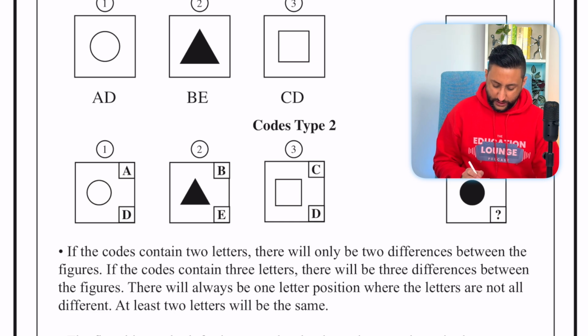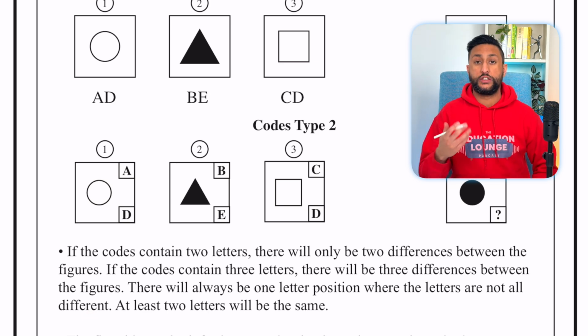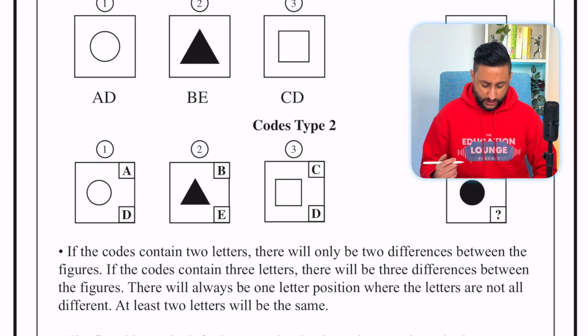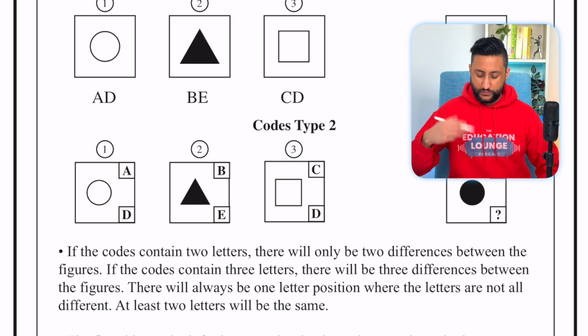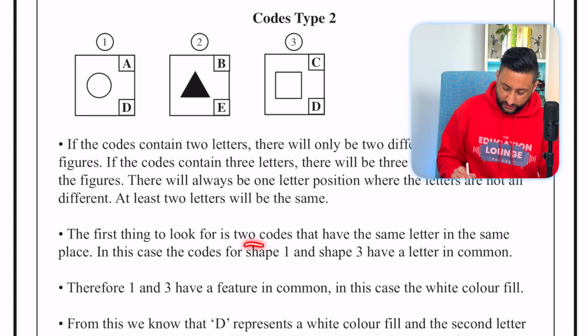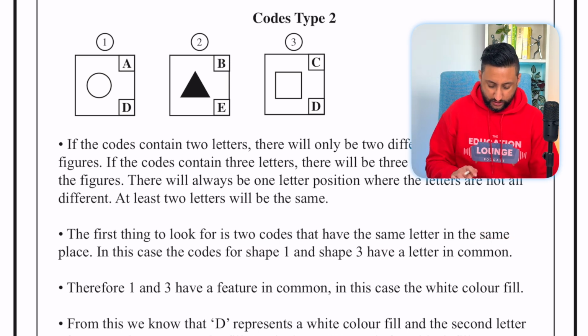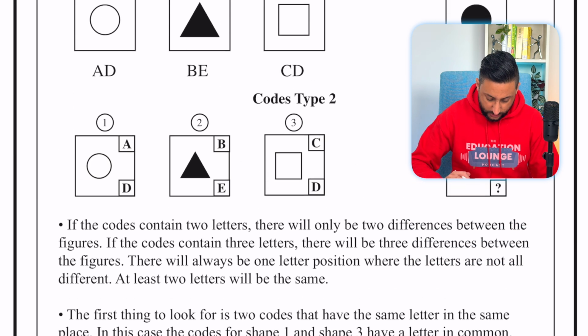There will always be 1 letter position where the letters are not all different. At least 2 letters will be the same, and that will give you your starting point for figuring out what each letter means in each question. But you'll see that when we go into the explanation and the practice questions. So that's the first thing to look for. Look for 2 codes that have the same letter in the same place. In this case, the codes for shape 1 and shape 3 have a letter in common, so let's look at that. We've got